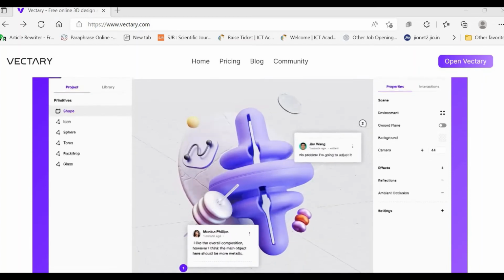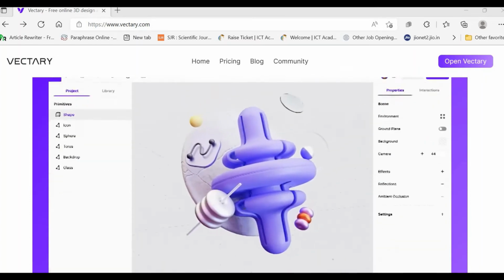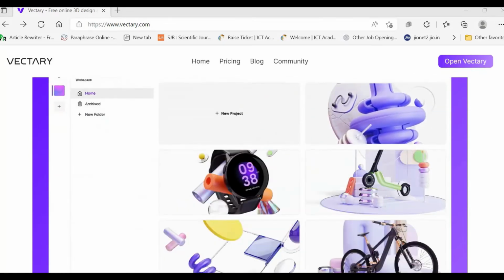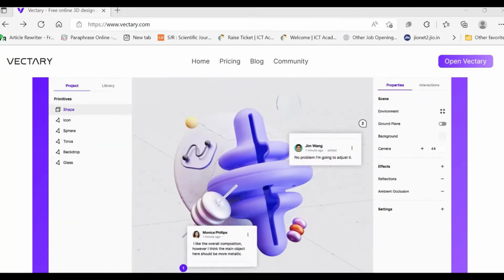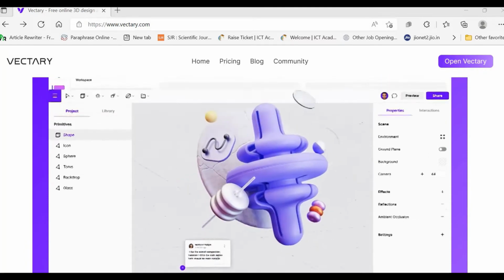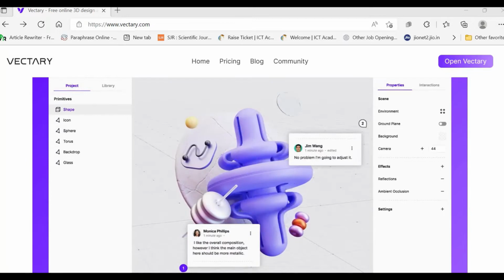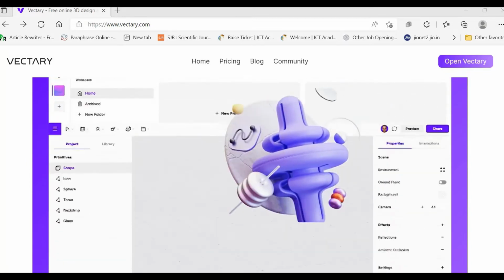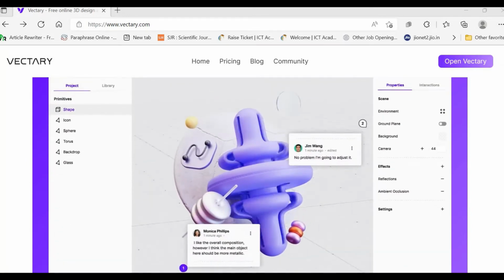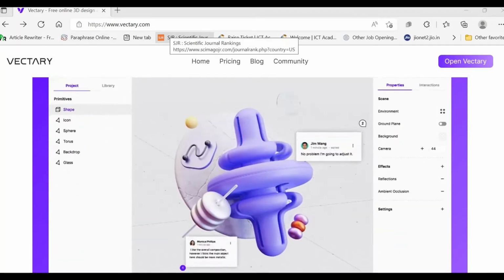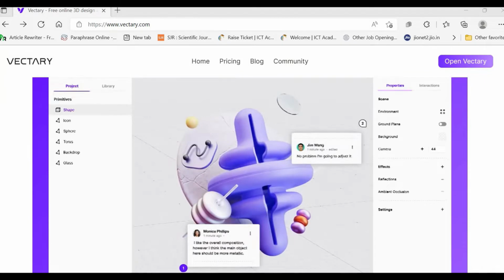Hello friends, welcome back. So let's construct some interesting 3D models with the help of already available 3D objects with the Vectary tool. The basics of the Vectary tool we have already covered in the previous video. The link is given in the description box, and as we have already discussed, we need not download anything for this tool. We can simply open www.vectary.com or app.vectary.com to use this tool, and we can simply sign up